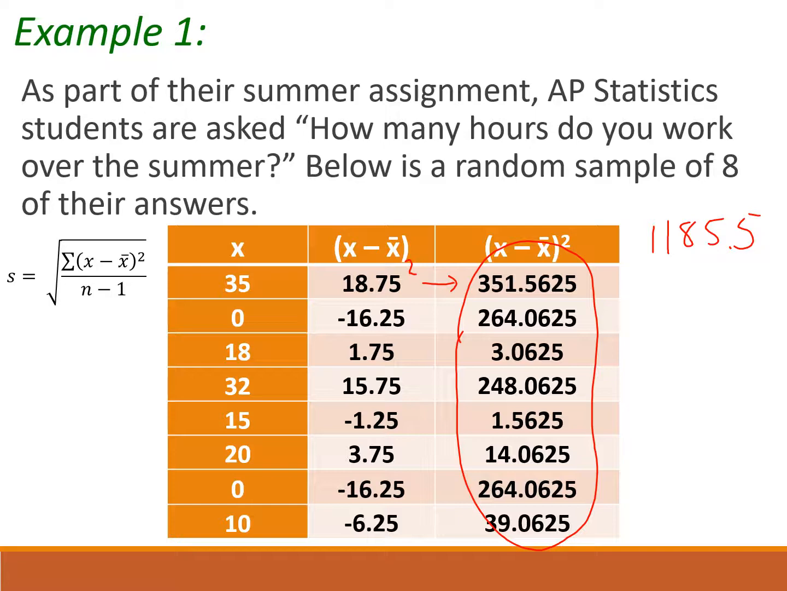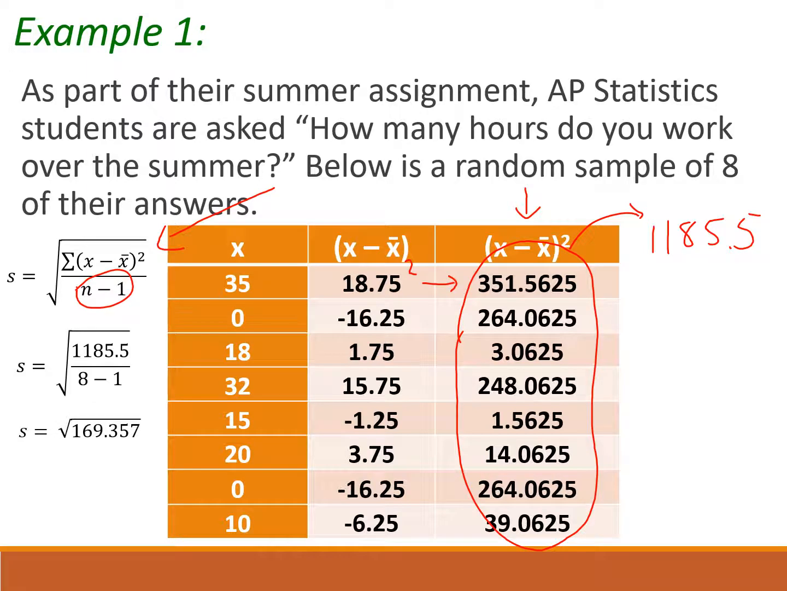The equation for standard deviation was on a previous slide. I have it rewritten here. We can see on the top of this fraction, it's the sum of x minus x bar squared. In other words, it's the sum of this whole column, which is the number we just found. Now we're going to almost average these. Instead of dividing it by however many there are, we're dividing it by however many there are minus 1. So plugged in, we have 1185.5 over 8 minus 1. And when we do that, we get